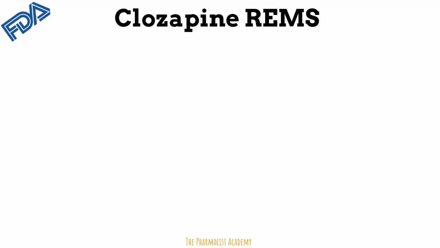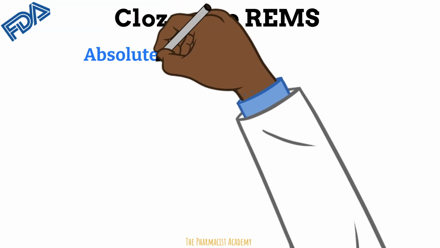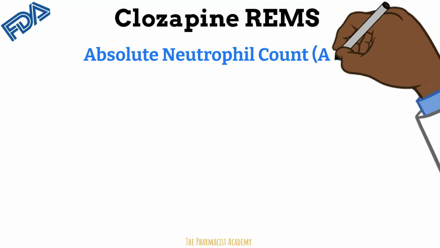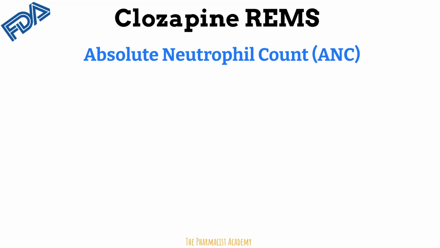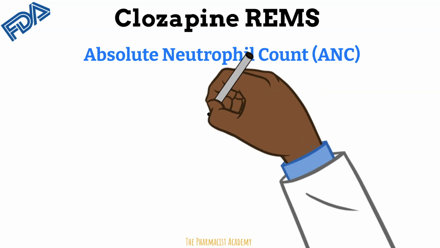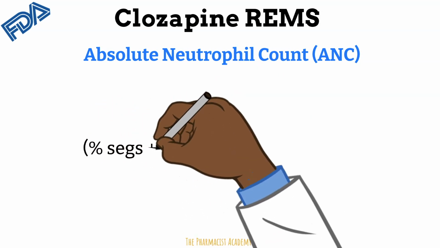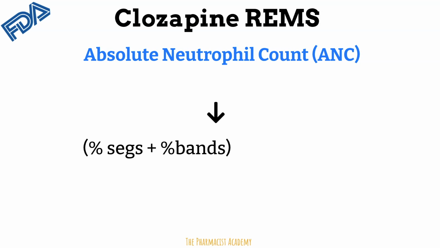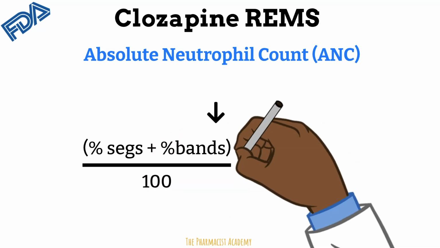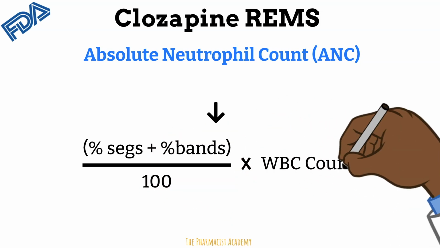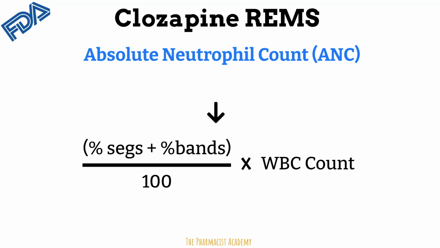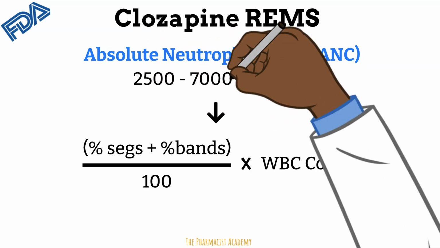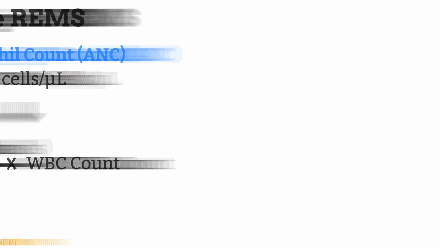In order to monitor for agranulocytosis, we have to specifically monitor the absolute neutrophil counts. This gives us the exact amount of neutrophils in the blood. We calculate it by adding the percentage of neutrophils that are mature, which are known as segmented neutrophils, or SEGs, plus the percentage that are immature, which are bands, and dividing this number by 100, and then multiplying it by the total number of white blood cells. A normal absolute neutrophil count, or ANC, for a healthy adult is between 2,500 and 7,000 neutrophils per microliter of